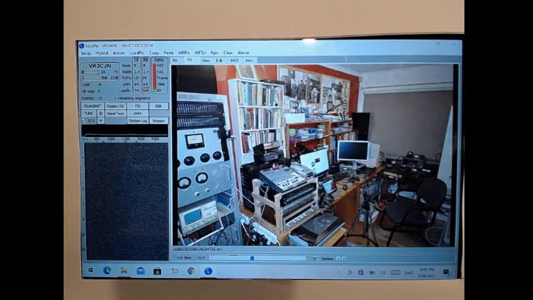But anyway, on the drop of the repeater, I'll transmit my first picture of the night, which is the shack, taken about 10 minutes ago, maybe half an hour ago. VK3 Alpha Mike Lima with an EasyPal pic on the drop of the repeater.